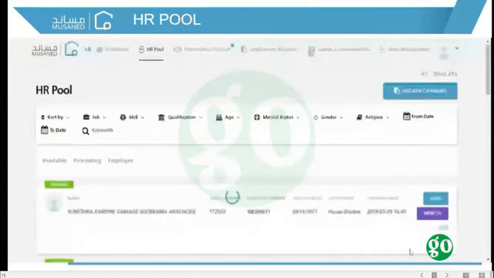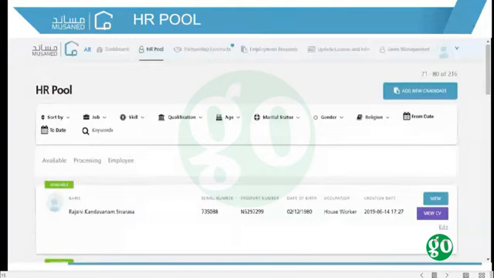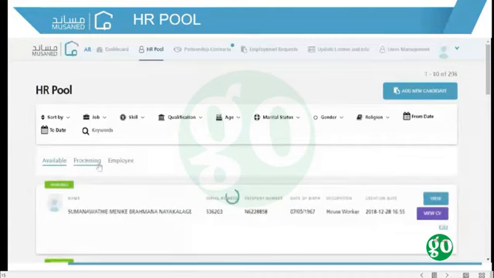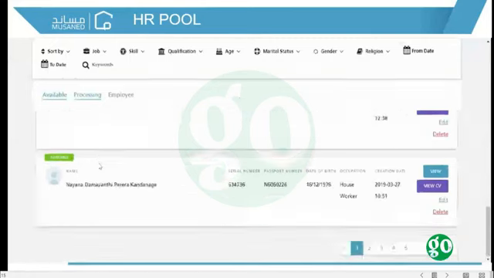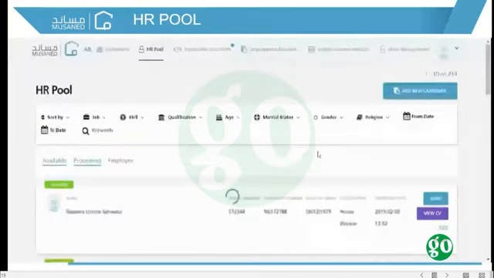User can also filter the candidates according to the status of the candidate. For example, if user only wants to view the available candidates, he could do so by clicking on the available status. Also, user can search for more than one status by clicking all the desired statuses in order to have a customized list of the candidates.